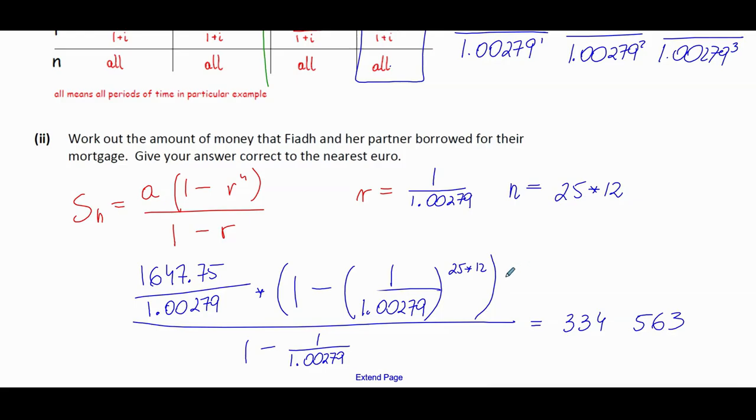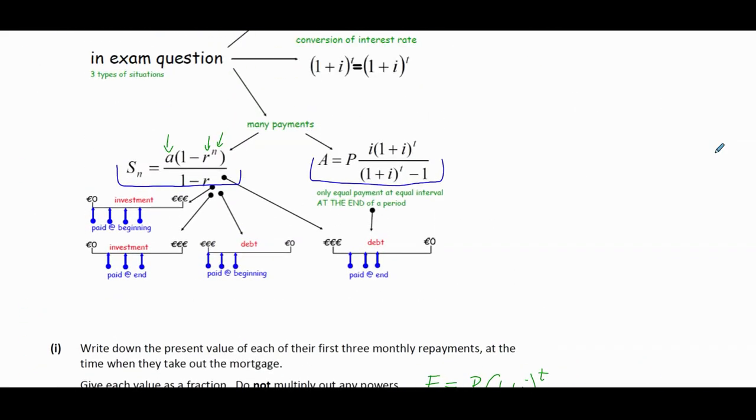What about the amortization formula? From the amortization formula, I have the repayments A, but what I'm looking for is P. So I just need to change that formula. Here I have a multiplication sign. So that means the formula will be reading A divided by my fraction i, 1 plus i to the power of t over 1 plus i to the power of t minus 1, and that will give me that value of P. So the monthly repayment, again,